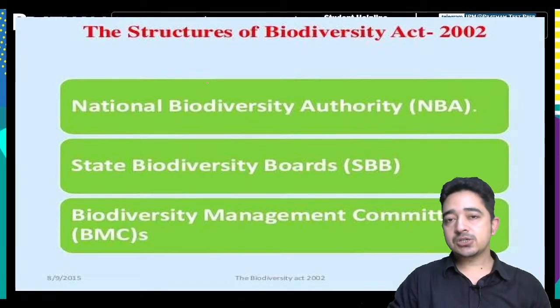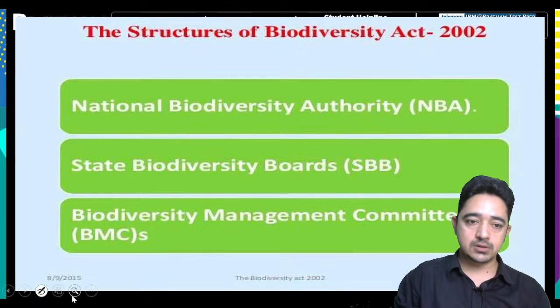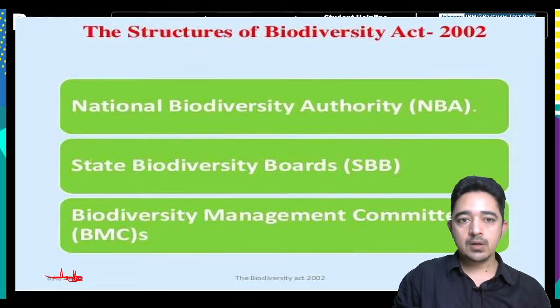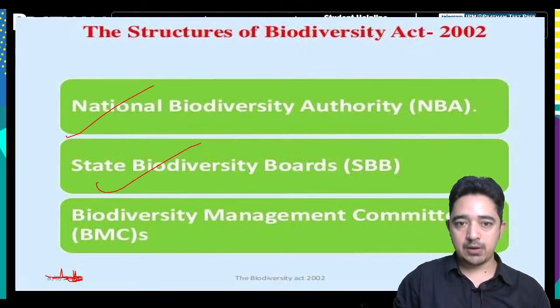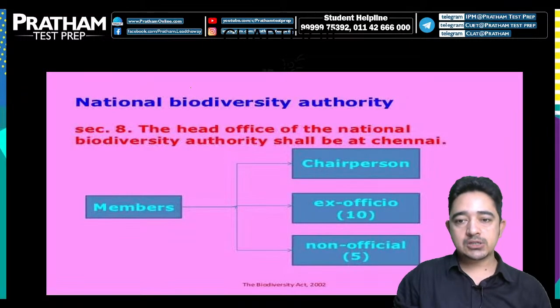और जो इसका मेन स्ट्रक्चर था बायोडाइवर्सिटी एक्ट का 2002 का, ये आपको मेन याद रखनी है कि सबसे पहले जो हमें ध्यान में रखना है वो है नेशनल बायोडाइवर्सिटी अथॉरिटी NBA, स्टेट बायोडाइवर्सिटी बोर्ड्स SBB एंड बायोडाइवर्सिटी मैनेजमेंट कमेटी, ये 3 बनानी थी उसके लिए।